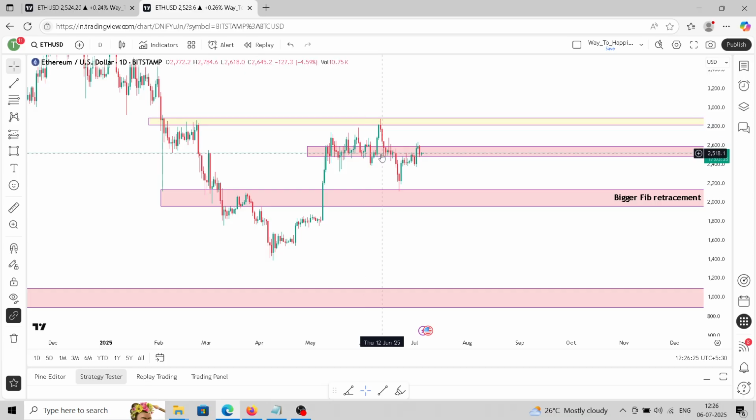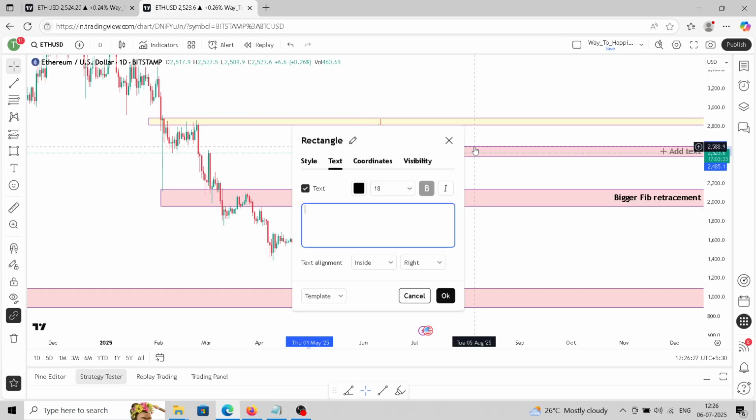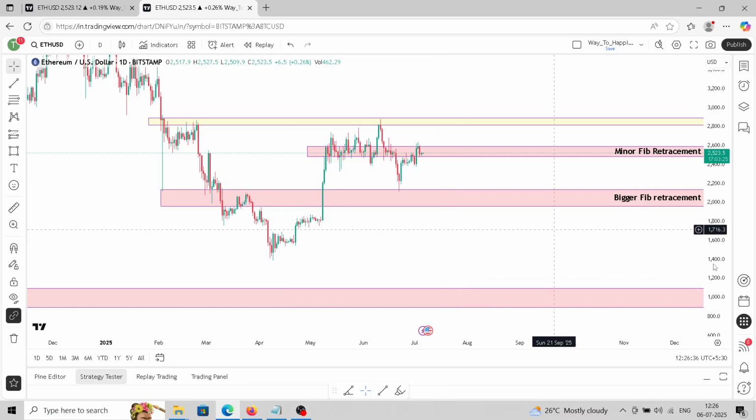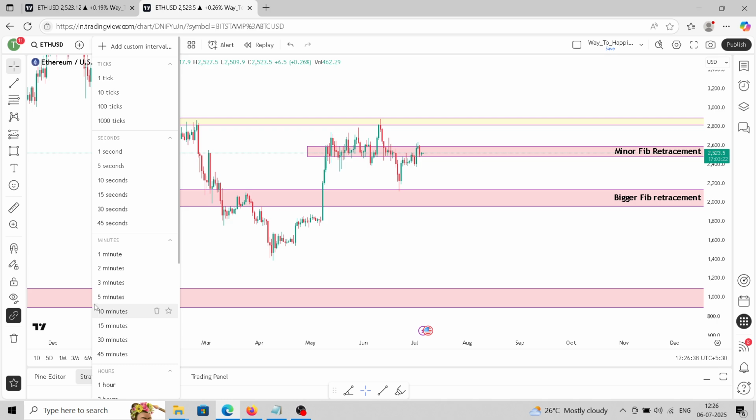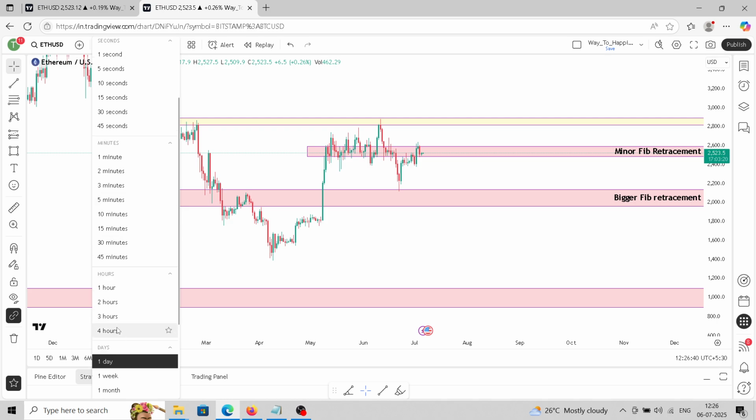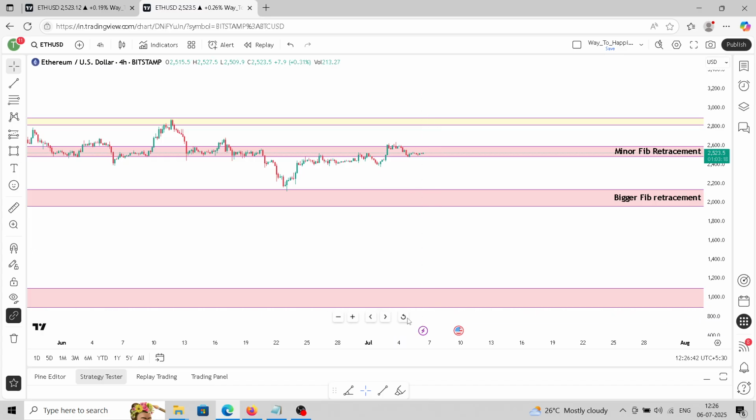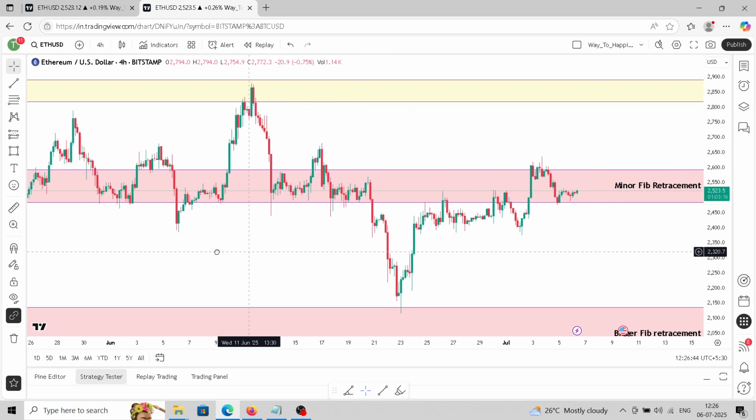Price action of Ethereum and BTC is quite different, guys. So this is my minor fib retracement, where the price is currently hovering, on the daily time frame. Let me take this to 4 hours now. On 4 hours, if I see